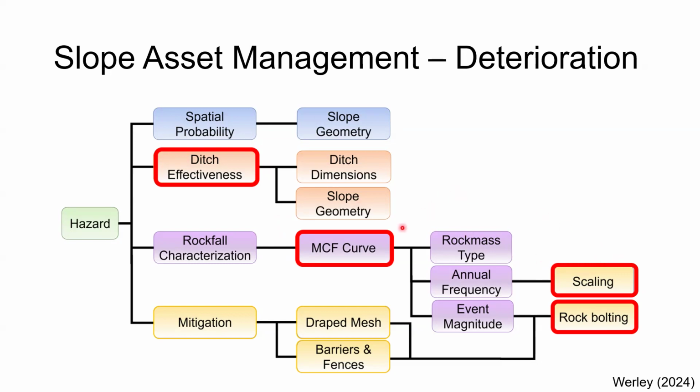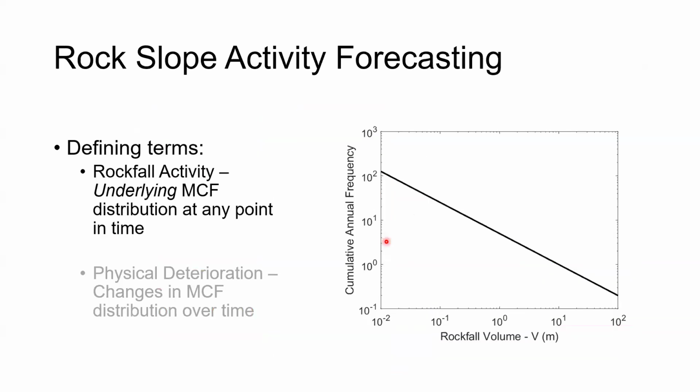So instead, we're going to focus in on the MCF curve. So again, these are the curves describing the frequency and volume of rockfall. And we're basically going to ask, how would we expect this to change over time, not considering climate change? Before I can do that, I need to define a couple of terms. So the first is rockfall activity. When we're talking about rockfall activity, we're talking about what the underlying hazard is, or what the underlying MCF